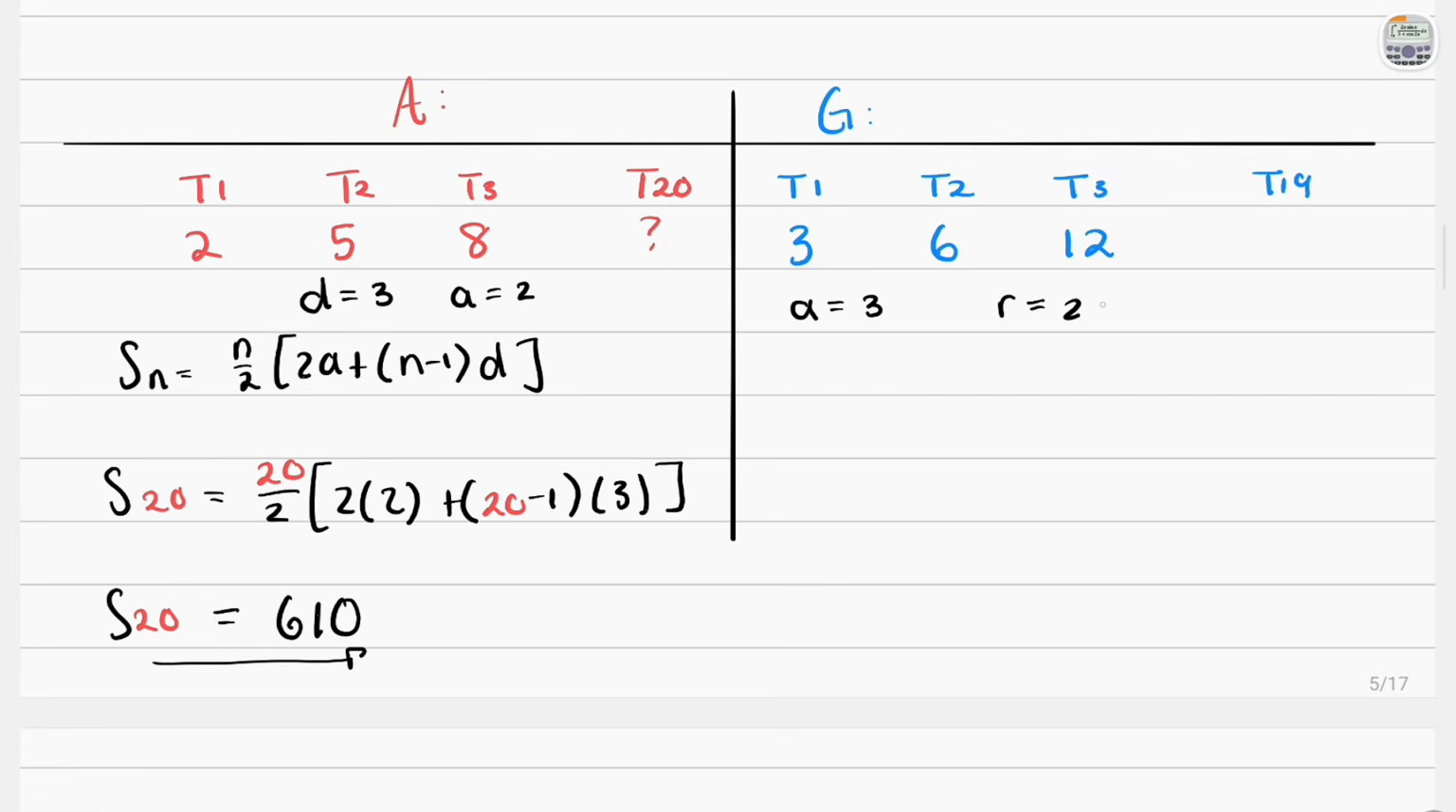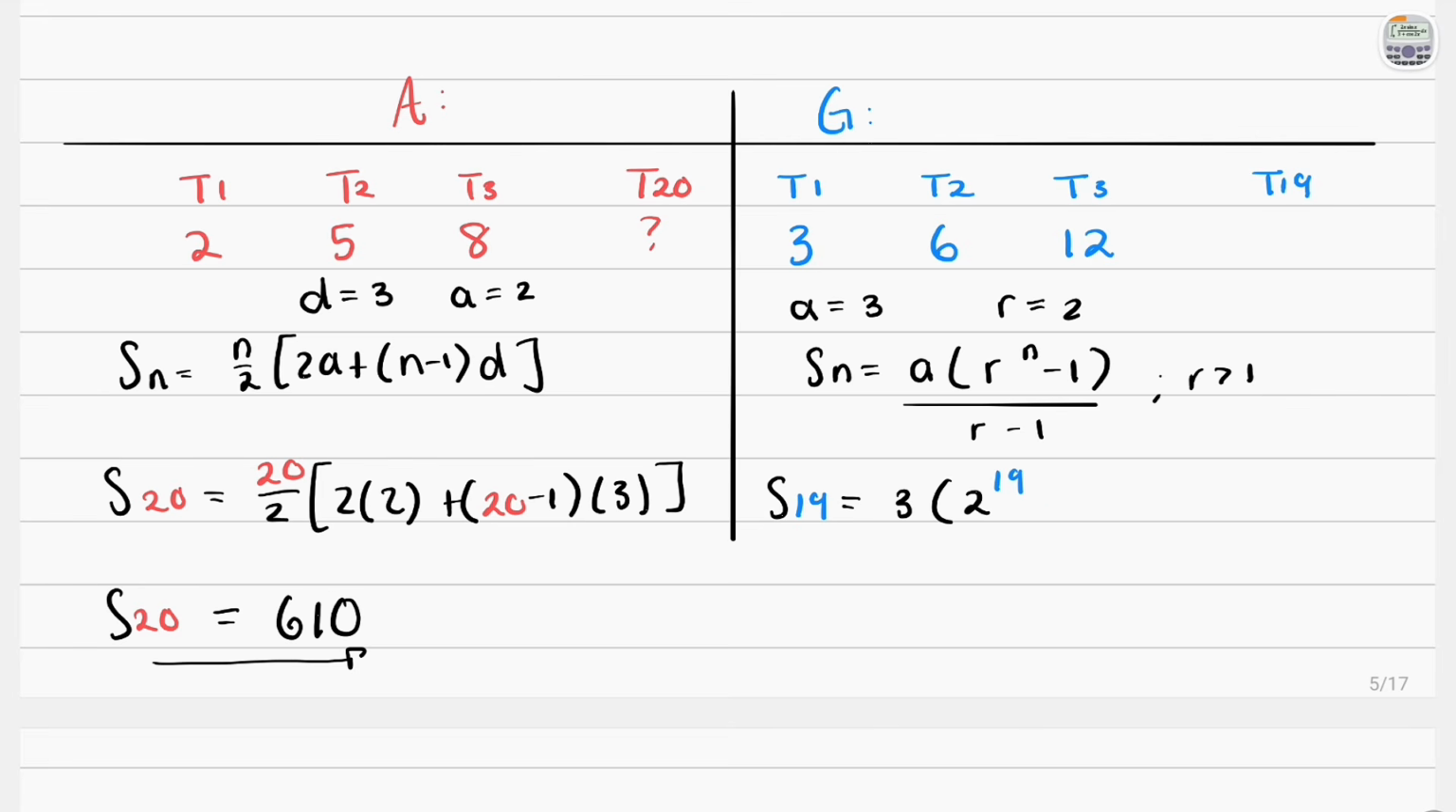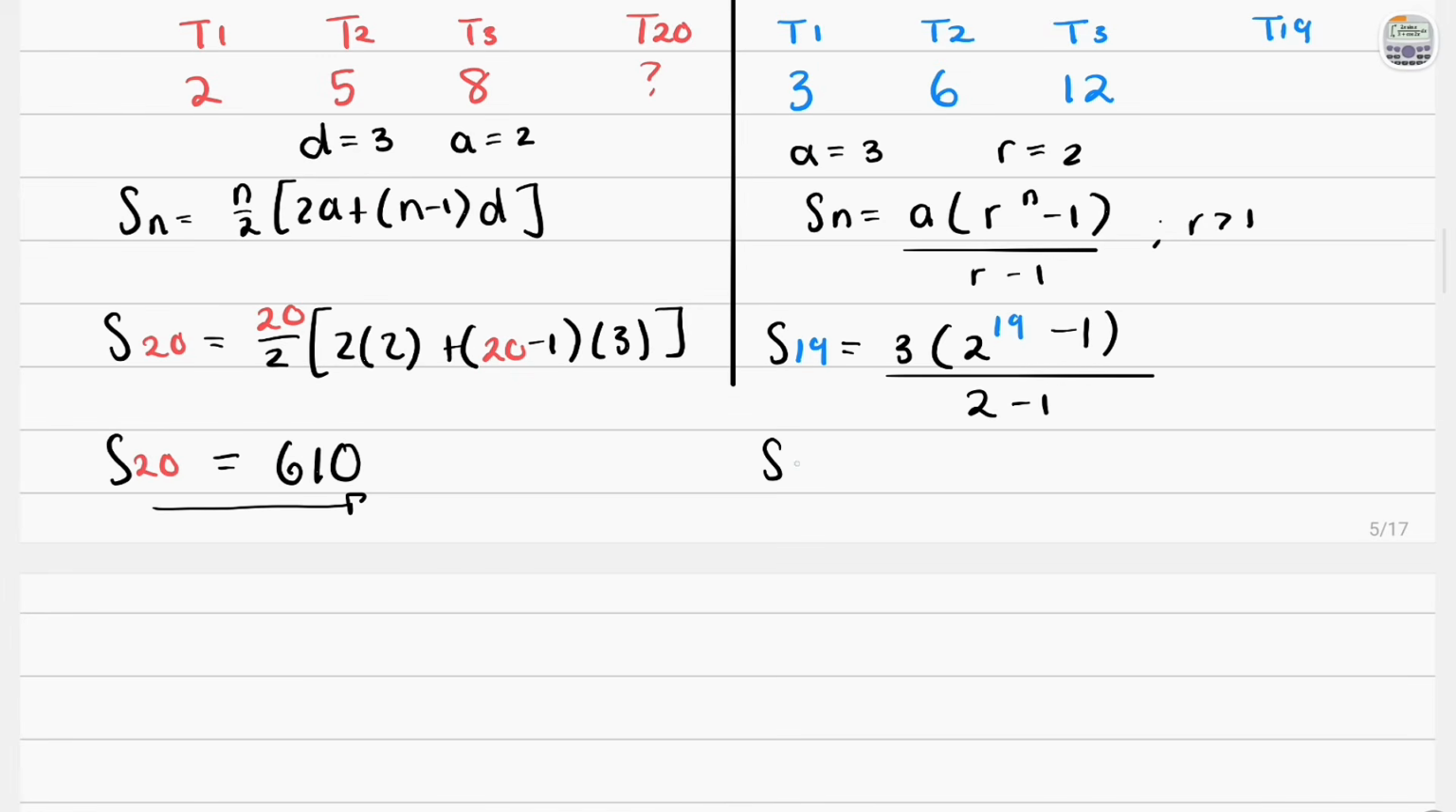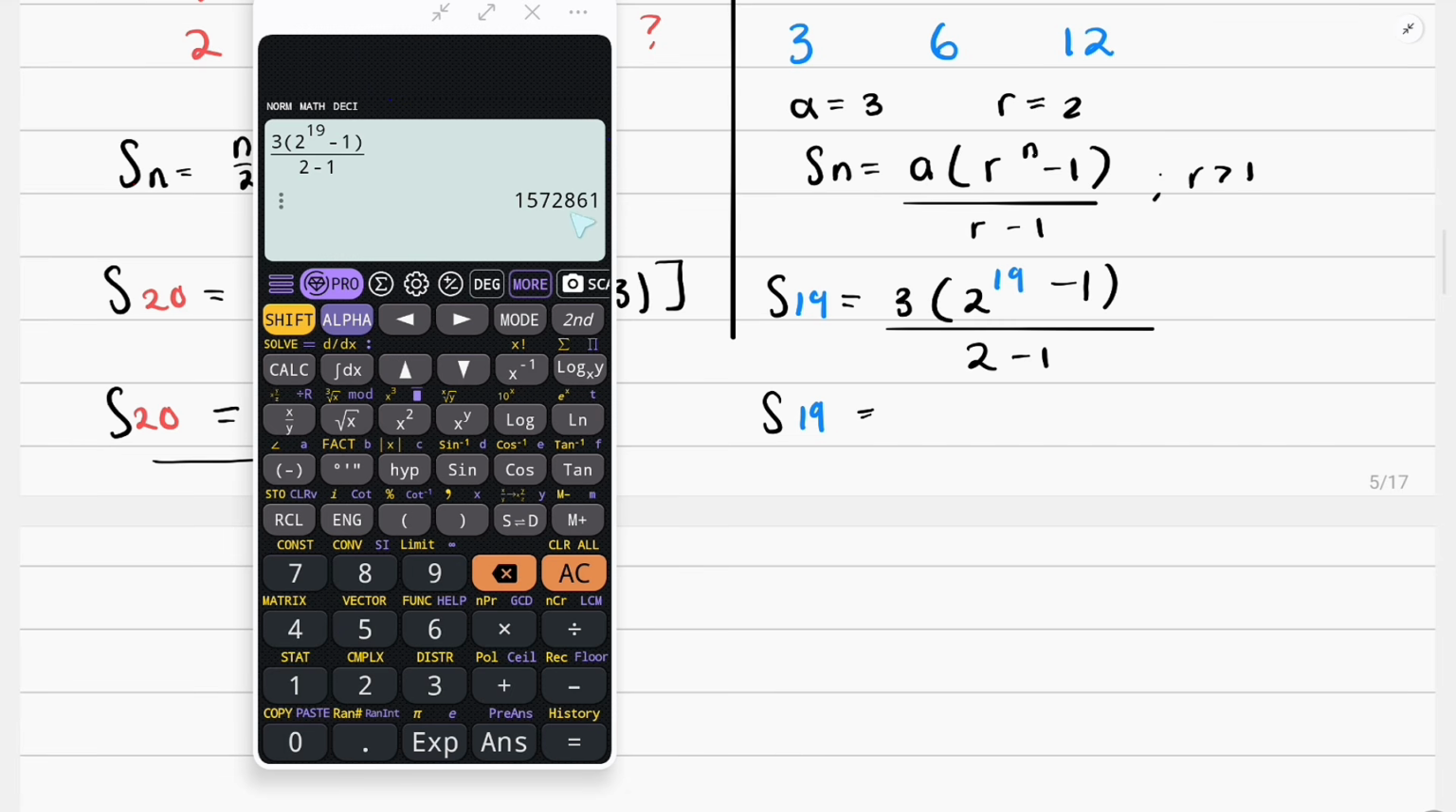Okay, so now we know that r is greater than 1, so I'm going to use this formula. Sn is equal to a multiplied by r raised to the power of n minus 1, all over r minus 1. Okay, this is where r is greater than 1. So the sum of how many terms here? That's 19 terms that we have. So the sum of 19 terms is equal to 3 multiplied by, the ratio is 2, raised to the power of 19 minus 1, all over 2 minus 1. And then we'll just find the sum of these 19 terms. Okay, and that is equal to